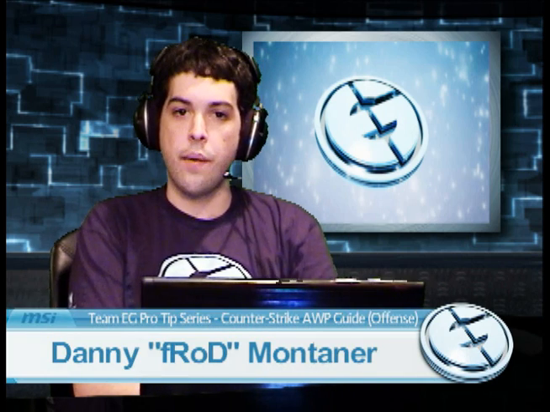And basically, right now, I'm going to be breaking down the offensive style of AWPing. The last video I went over was the defensive style, which had a lot more to do with CT side as well as being able to switch back and forth. I'm also going to go over switching back and forth because being able to go from offensive to defensive is extremely powerful. But right now, my main focus is going to be on the offensive aspects of it